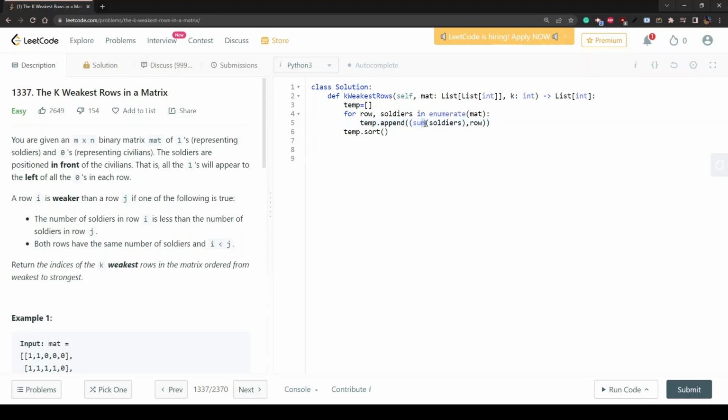But we don't want to return the sum of soldiers, we just needed that to sort it, and now we just want to return the k weakest rows. To do this, we could set up an out list, which will hold the output, and in this we could do for, let's do, index is not a keyword, I don't think it is. It might be. Let's just play it safe and go with val. So for val in temp